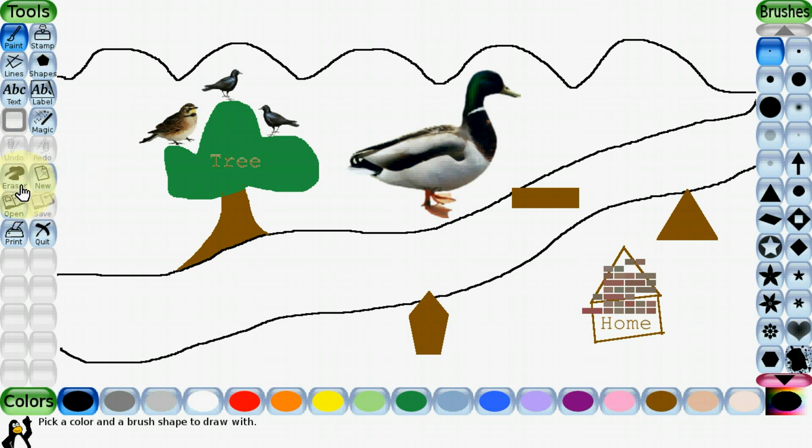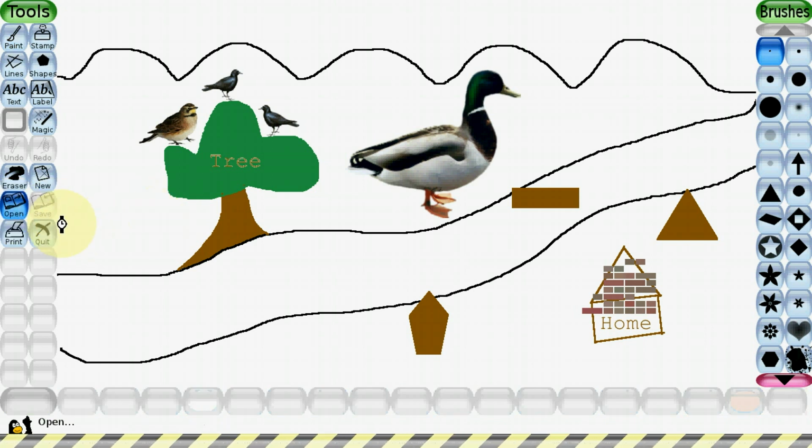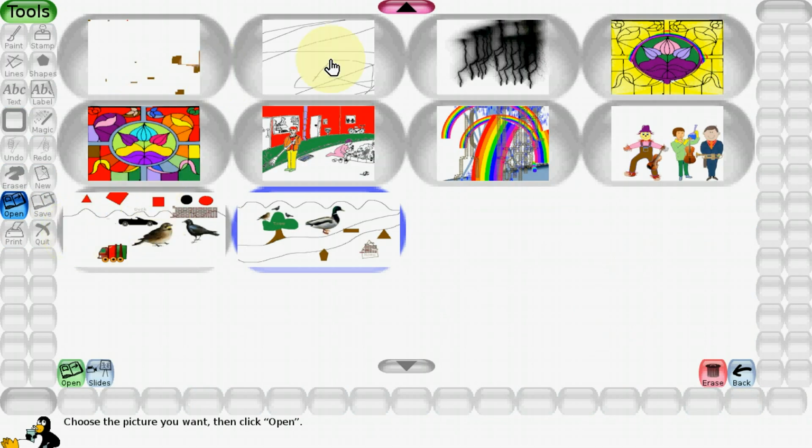After that you will get the eraser. Eraser is used to erase something. That also I will demonstrate. Just now it is an introduction. After that the new button is there. This tool is given to select a new file. If you don't want to use this picture and you want an empty, blank picture, you can click on the new option. Then open. If you have already made a picture earlier and want to open it, just click on this open button. See, here different pictures are available.